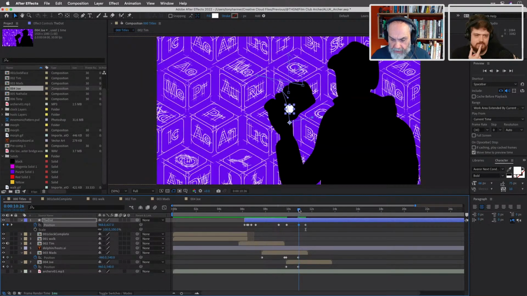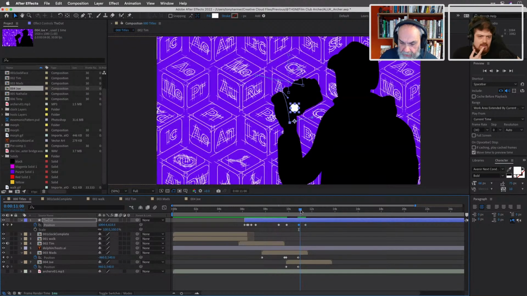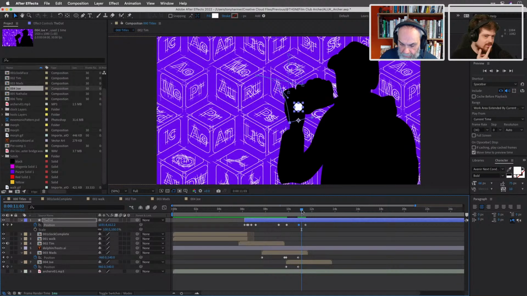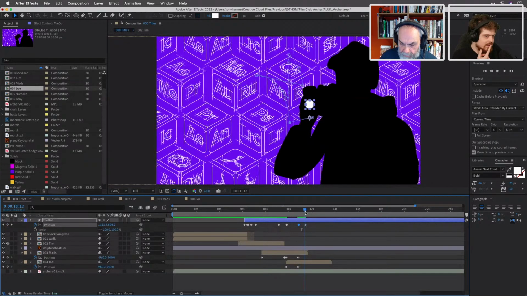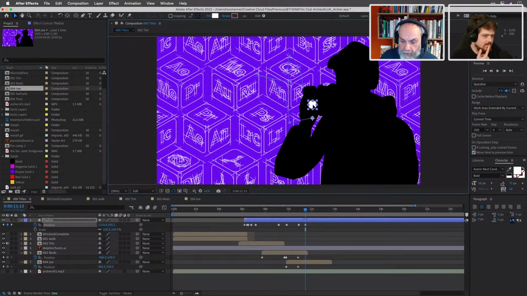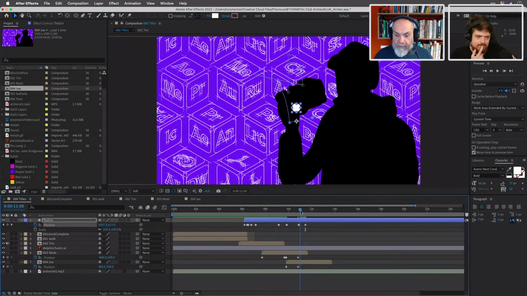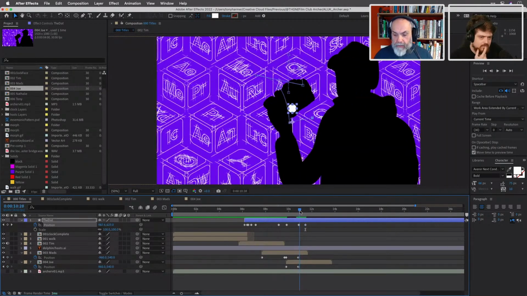Yeah, there's an offset going on here. Can you see the reference point is offset away from the object? So I need to fix that. Yeah, I wanted to ask you why the anchor point is not on the. Because I accidentally moved it. I see. That'll be why. That's the only reason, I accidentally moved it earlier.